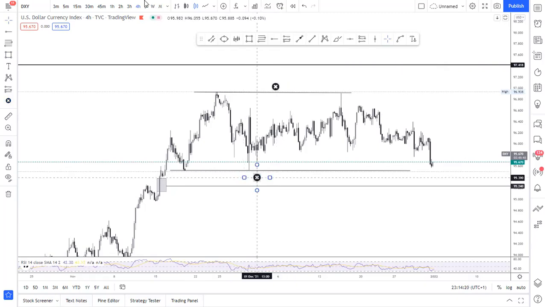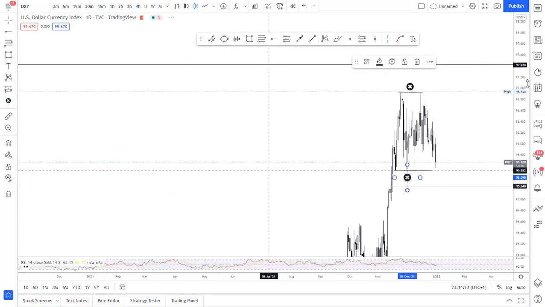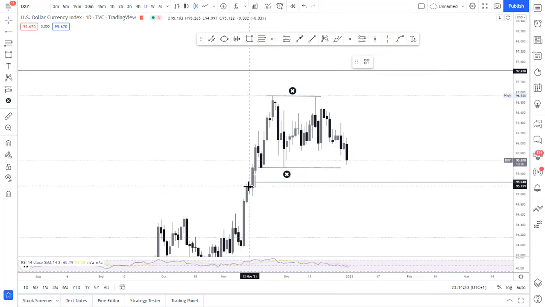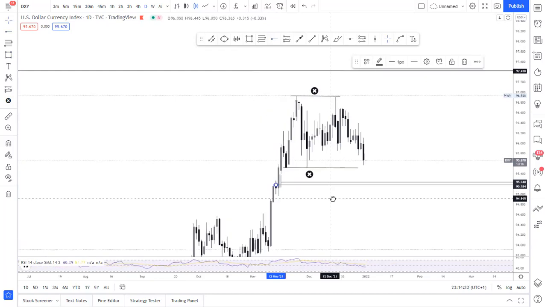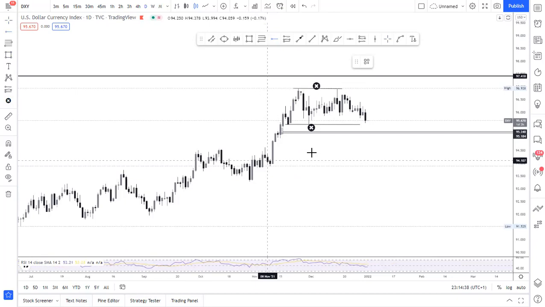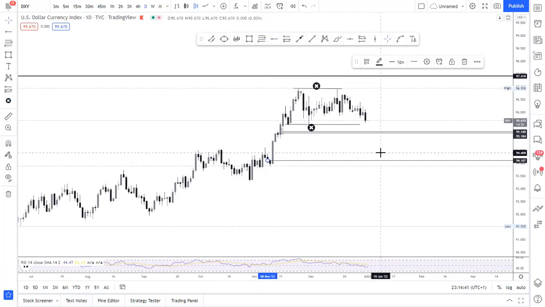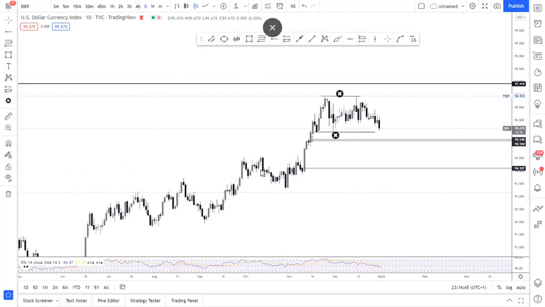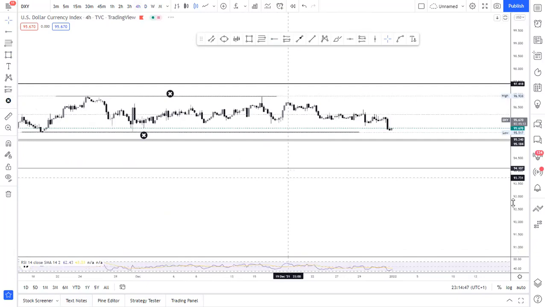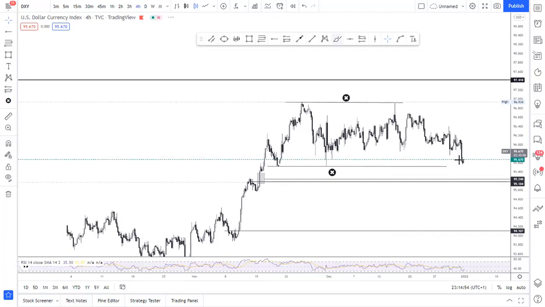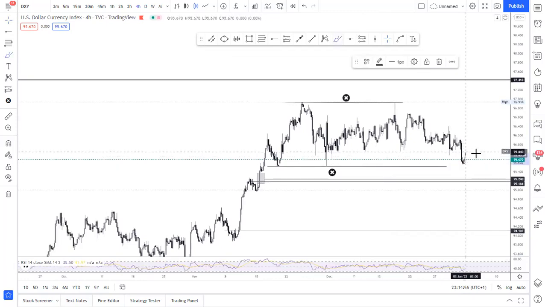So if we go back to the daily time frame, we're likely to see this little order block right here, that little open order. We can see some other ones right here, but I don't think price wants to come this deep, personally. So I would like to see price come down, make its way down